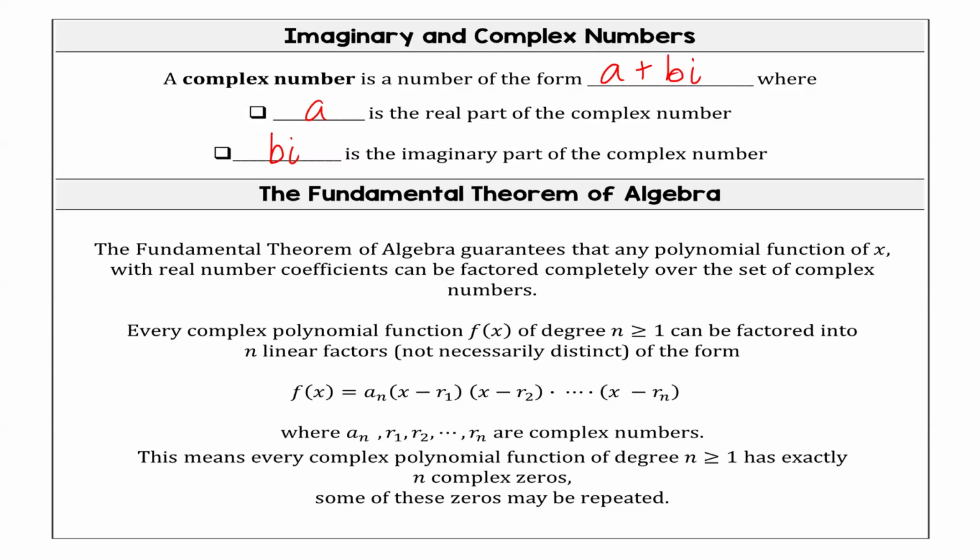The fundamental theorem of algebra guarantees that any polynomial function f(x) with real number coefficients can be factored completely over the set of complex numbers. So basically, if I have a polynomial function, I can write it in factored form. That is what the fundamental theorem says. So any polynomial function can be written as a multiple of binomials, where r1, r2, rn are complex numbers. This means for every polynomial function of degree n, n greater than or equal to 1,